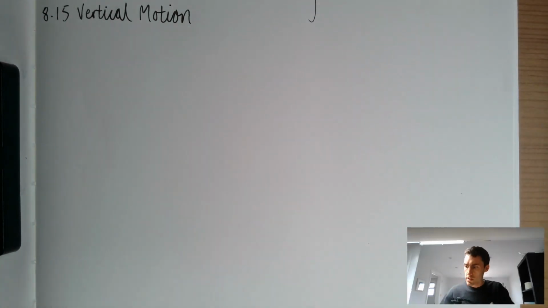Hi everyone, welcome to this video on the vertical motion lesson, lesson 15 in the forces and space scheme of work. You may take a look at this lesson and think it looks a little bit weird, a little bit unusual. It's not the kind of thing that I usually see addressed, certainly at Key Stage 3 and often not at Key Stage 4. The reason it's in here is because as an A-level physics teacher, I remember doing some